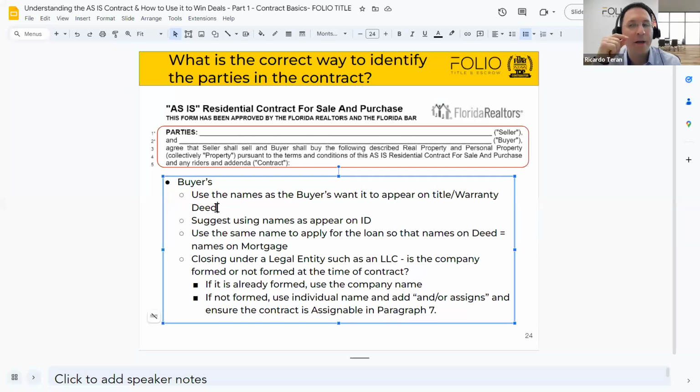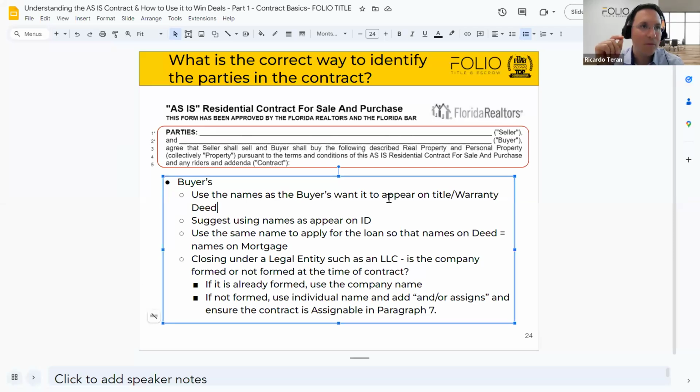when we record. Now, when you apply to a mortgage, you should apply with the exact same name that you put on the contract, right? So if on the contract I put Ricardo Terran and on the mortgage I filled out Ricardo Jose Terran, it's just going to be much easier if on the contract I came out as Ricardo Jose Terran or if on my mortgage I applied as Ricardo Terran as the contract. My ID says Ricardo Jose Terran, and that is what I would use, and it would make it much, much